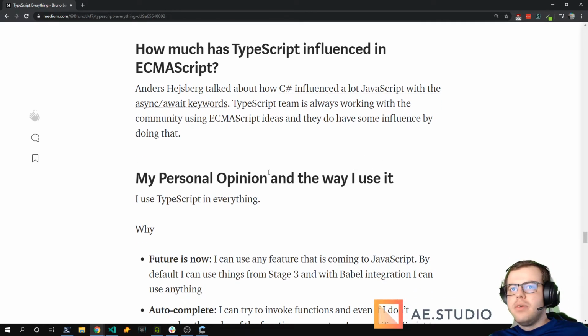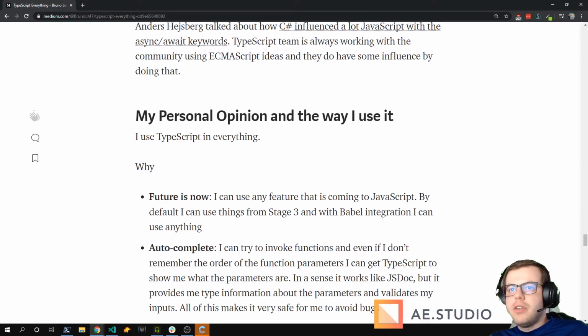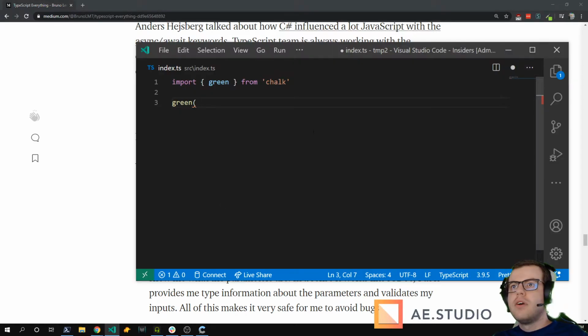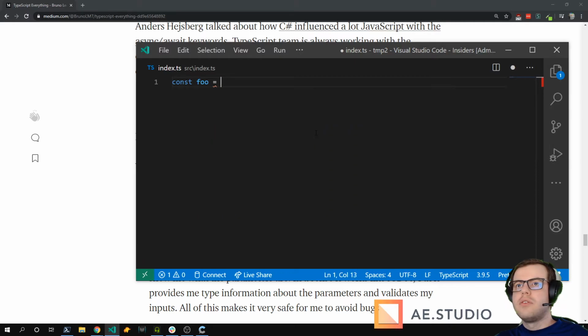So my personal opinion, I use TypeScript in everything because I can use things from the future. I can use stage 3 things. I can use the question mark thing.